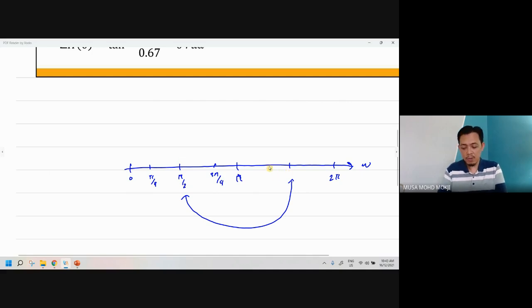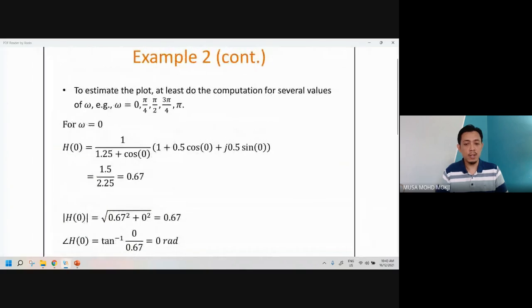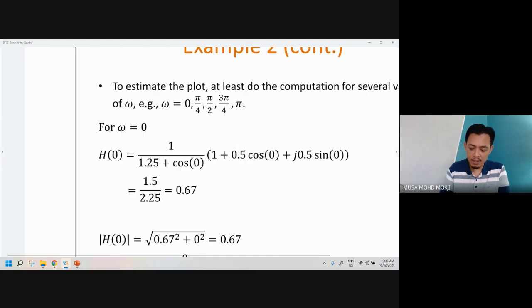Now this is our target, because we want to estimate. When we do estimation, we cannot compute everything. Even if you do it in MATLAB, you need to pick how many points. Maybe you pick 1,000 points, maybe 100 points. Those who have done the frequency domain, I think you have seen the function. You need to pick a number of points. If you don't pick a number of points, that is actually a default value. So let's see now.